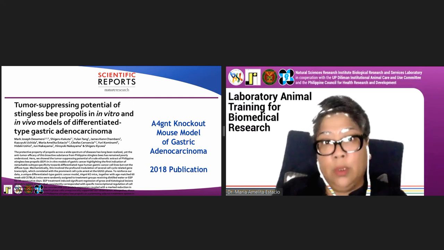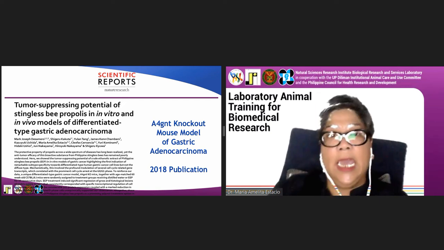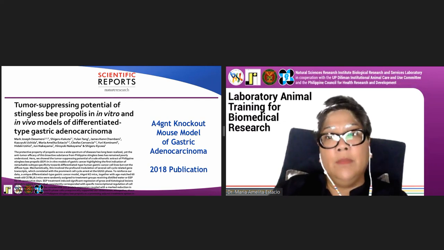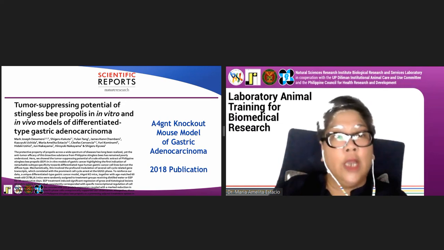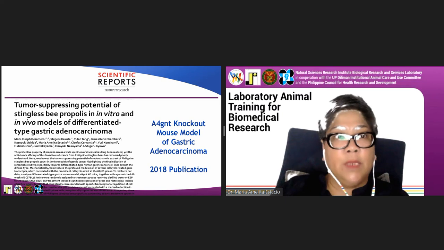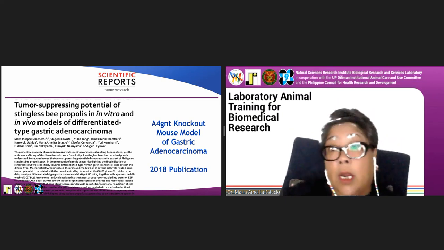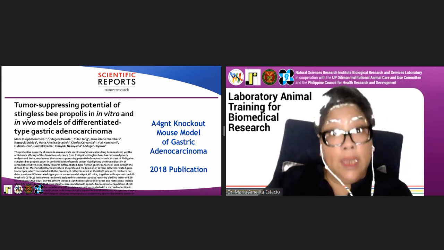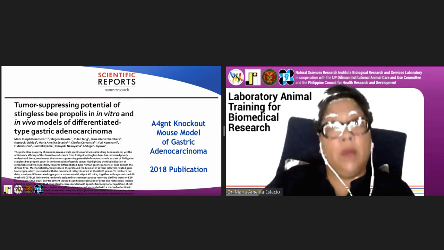So it's not commercially available. They don't want to sell it to the commercial animal vendors. And for us to gain access, of course, to this particular stomach cancer model, we did a collaboration on our studies on the Philippine stingless bee propolis. And this particular study was done by our PhD student, Dr. Mark Desamero. So this is a 2018 publication that we have, and we have a continuous collaboration in terms of